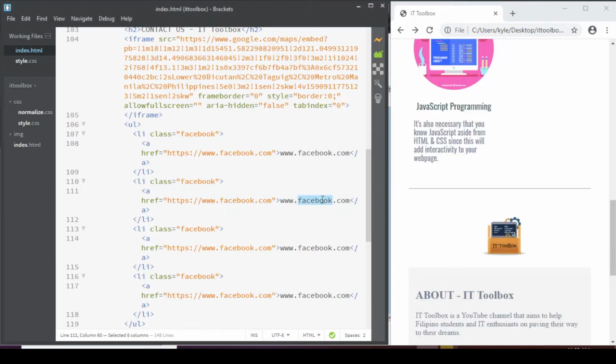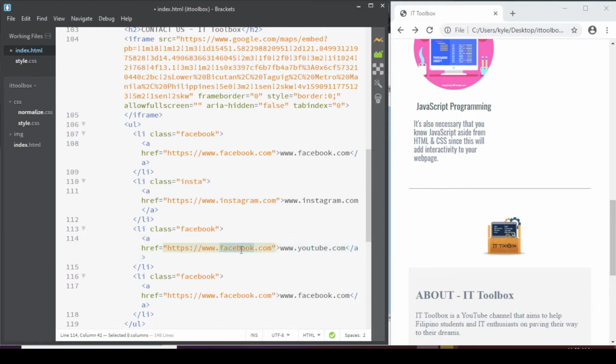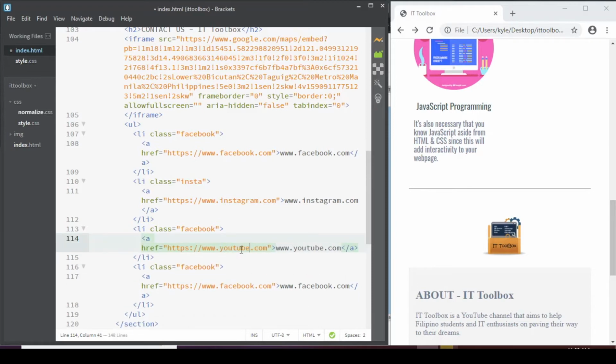So for the class of the second li tag, change it to Insta, and then href into instagram.com, and same with the value. For the third list tag, you change the href into youtube.com and its value. Don't forget to change the class on the li tag into YouTube, and then